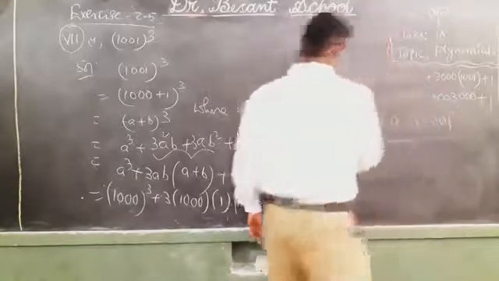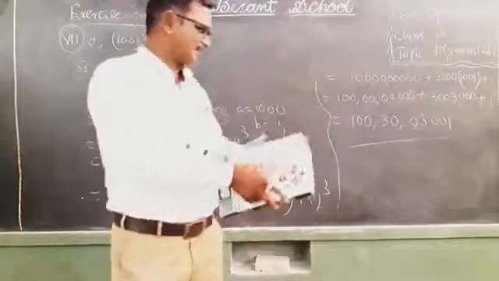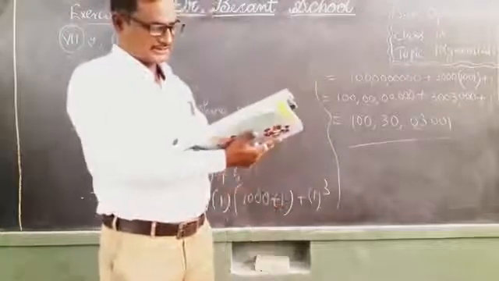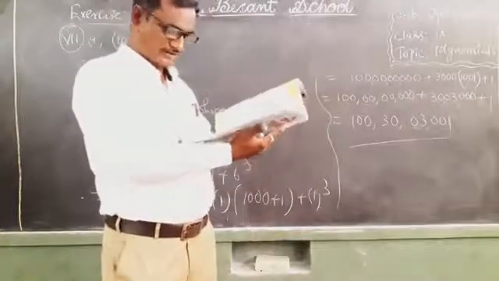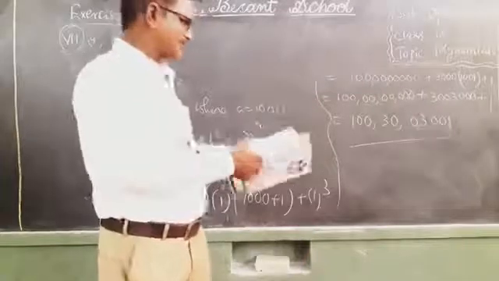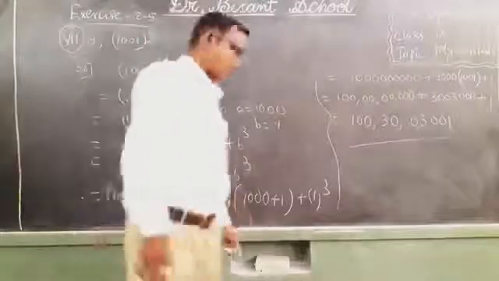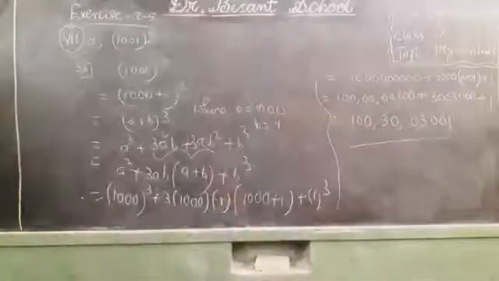1. Once you see, children, let us verify the answer with the textbook answer, whether it is right or wrong. This is exercise 2.5 from 7th Roman. So 100 crores 30 lakhs 3001 is absolutely right. What I got. Did you understand, children?